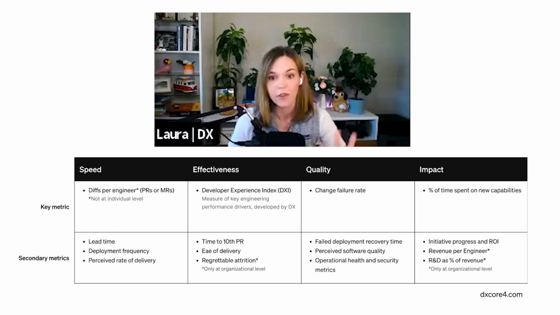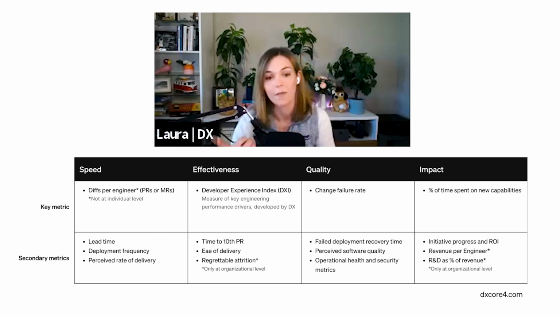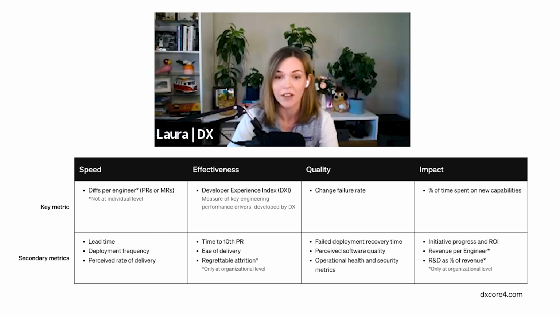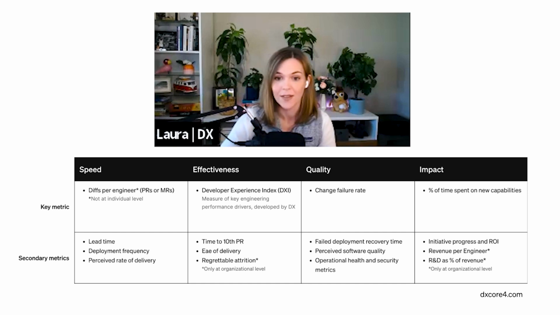Because we've covered the four pillars: speed, effectiveness, quality, and impact. There's something really important that I want to call out about these, that they're what we would describe as oppositional metrics. I sometimes call them tension metrics. And the whole point is that speed is great, but if you're going faster while being less effective, that's not great. Business impact is great, but if you're having a lot of business impact but your quality is going down,